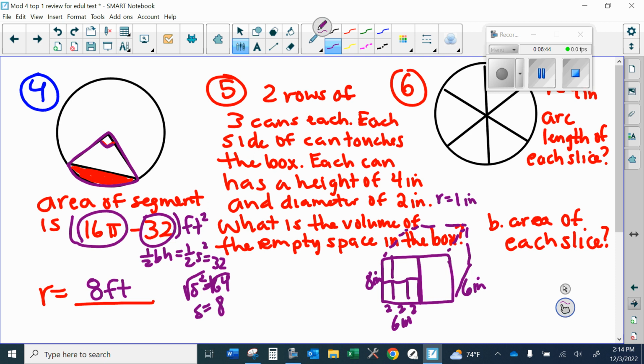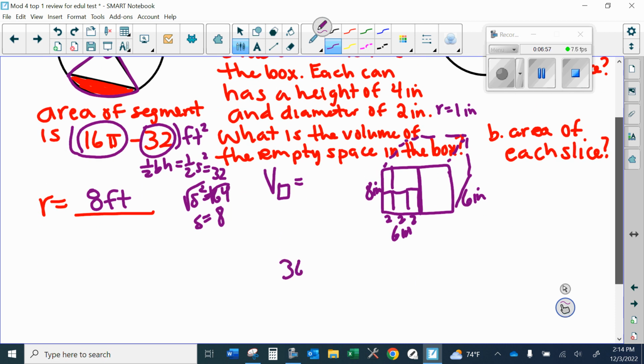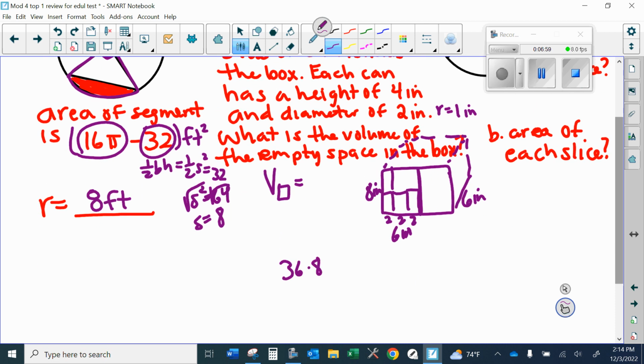Okay, so the volume of the box, let's write the box like that. It's going to be 8 times 6 times 6. So 36 times 8. 36 times 8. 8, add the 4, 24, 28, 288 cubic inches minus, that's the entire box, but we have to subtract off the volume of all 6 cans, which